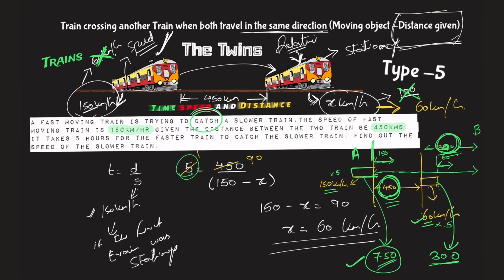So imagine a scenario and try to solve such problems. It is easy to remember that when trains travel in the same direction, you subtract the speed, but it is important to understand why it is called relative speed: because you relate the speed of the second train with the speed of the first train. If the first train was stationary, you wouldn't have compared the two speeds. You would have just gone with type 1 and type 2. Since both are moving, that is when you need to see what is the resultant movement of the second train with respect to the movement of the first train. And I hope the twins episode gives you a good visualization of why you subtract the speed.